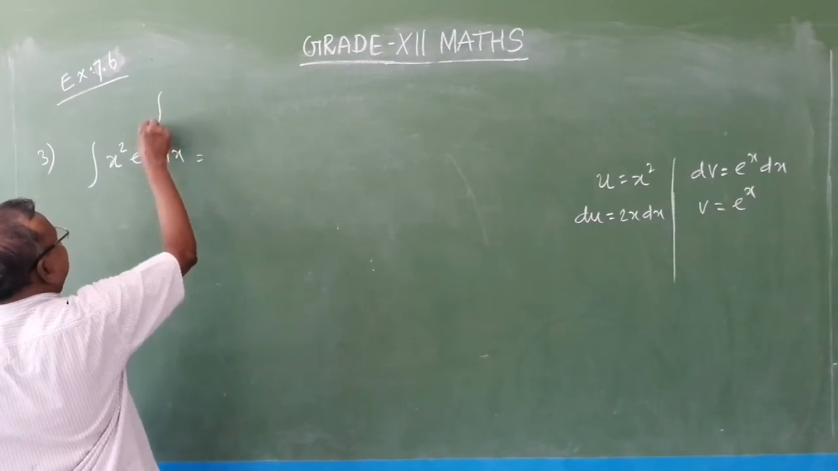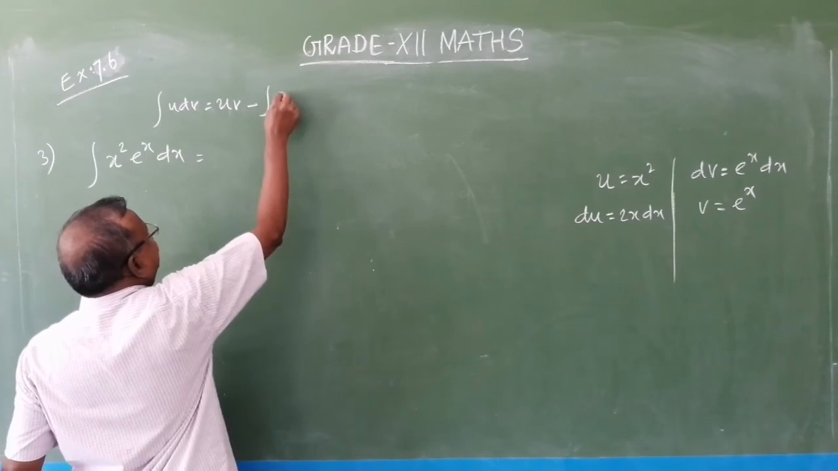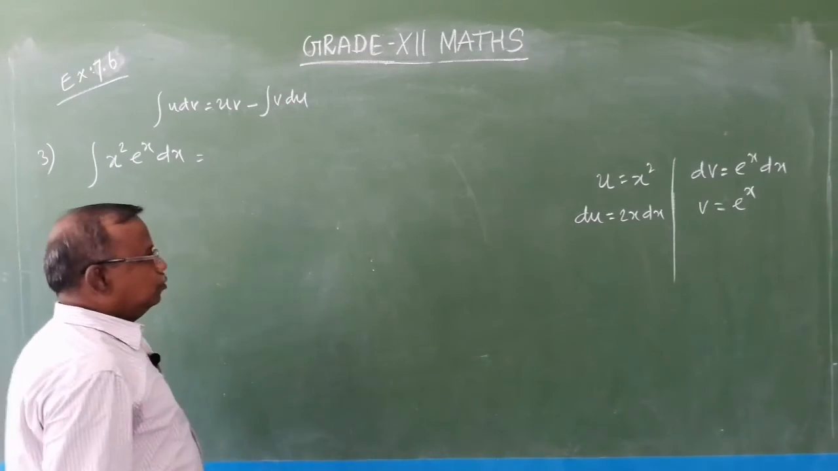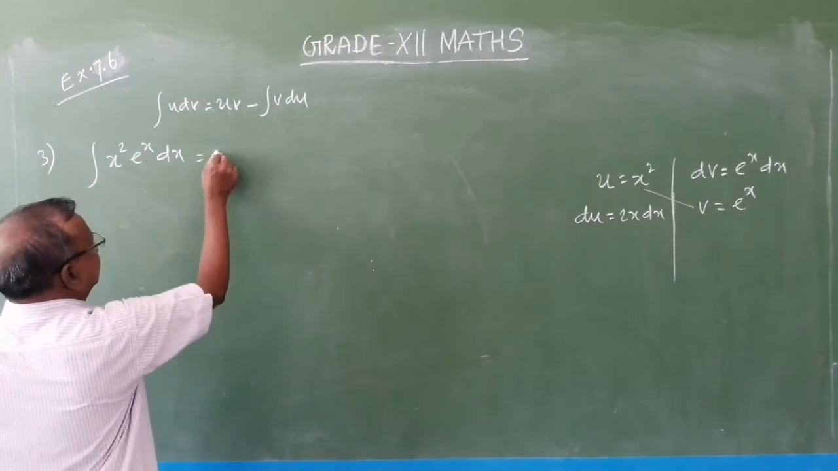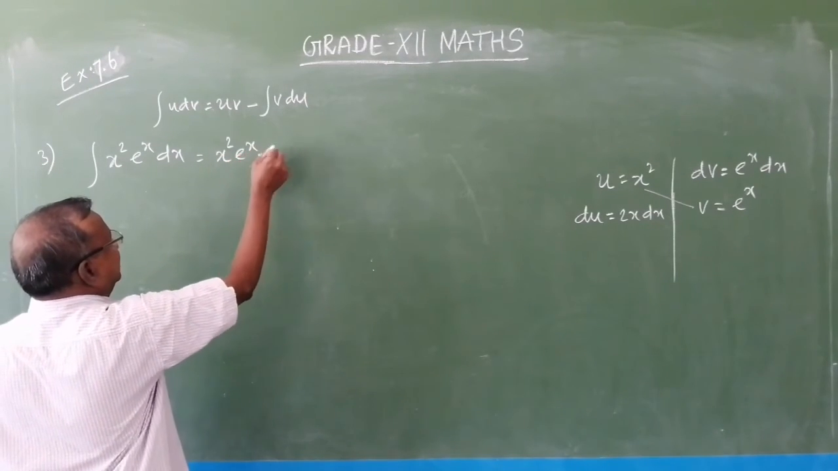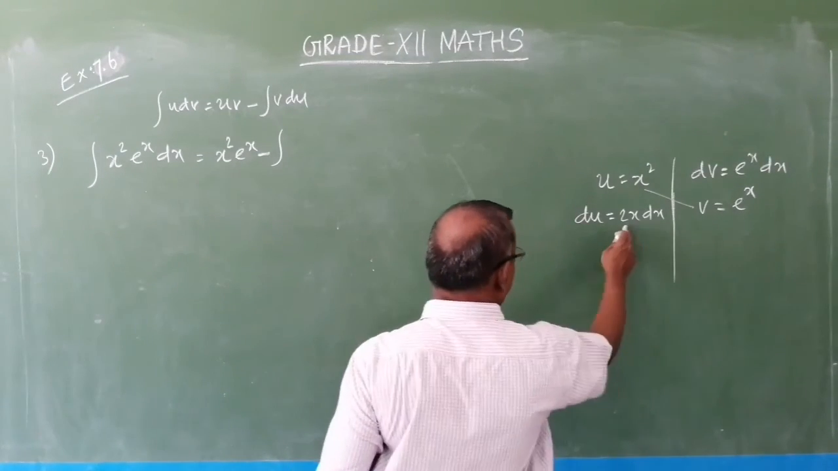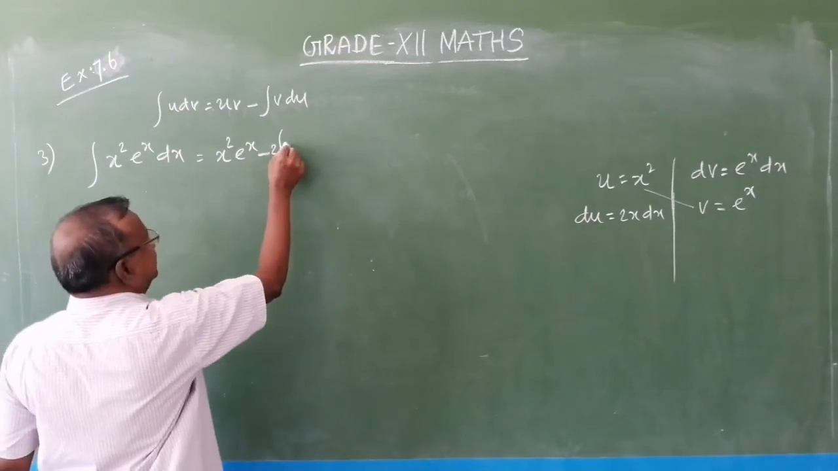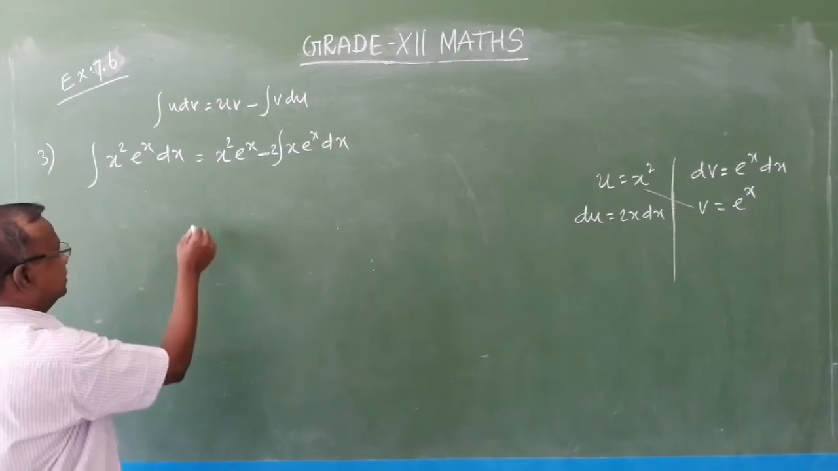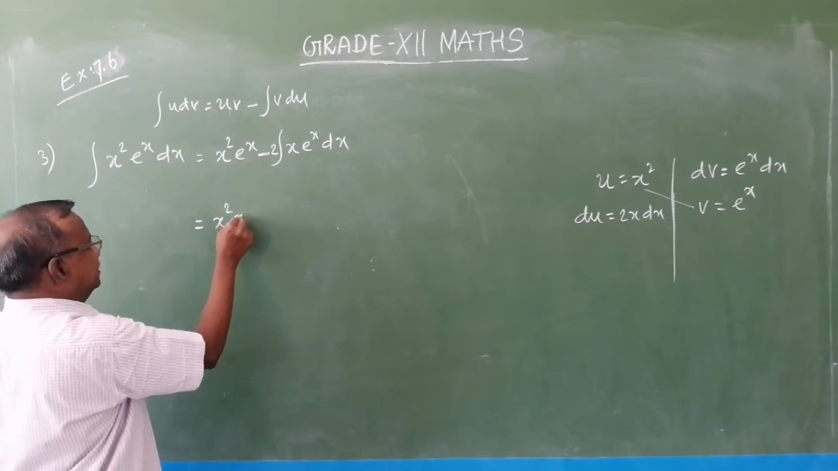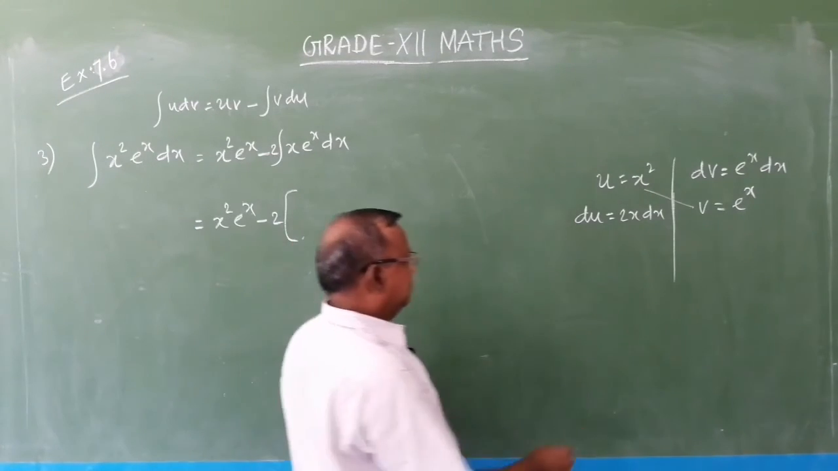Now we know the formula, integral u dv equal to uv minus integral v du. Now uv means x square into e power x, minus integral v du. V means e power x and du means 2x into dx. So 2 into x into e power x into dx. This is equal to x square into e power x minus 2 into,